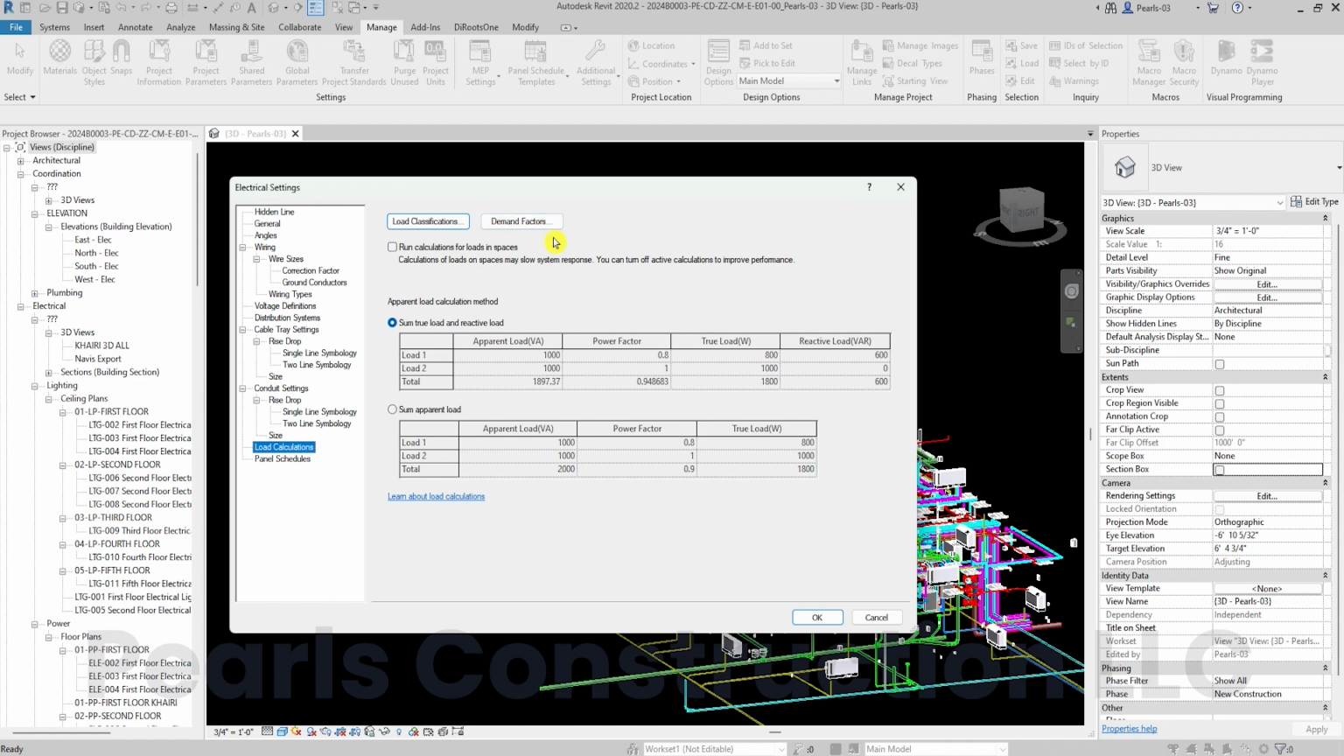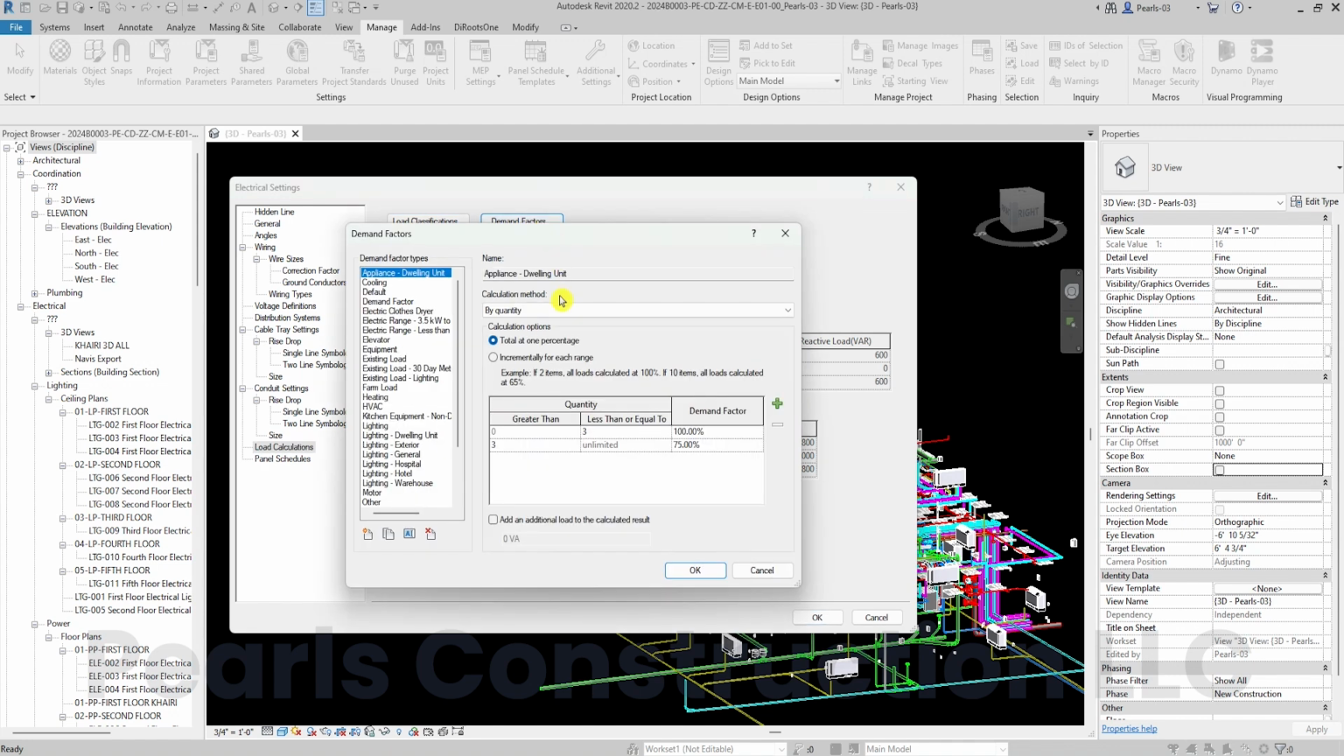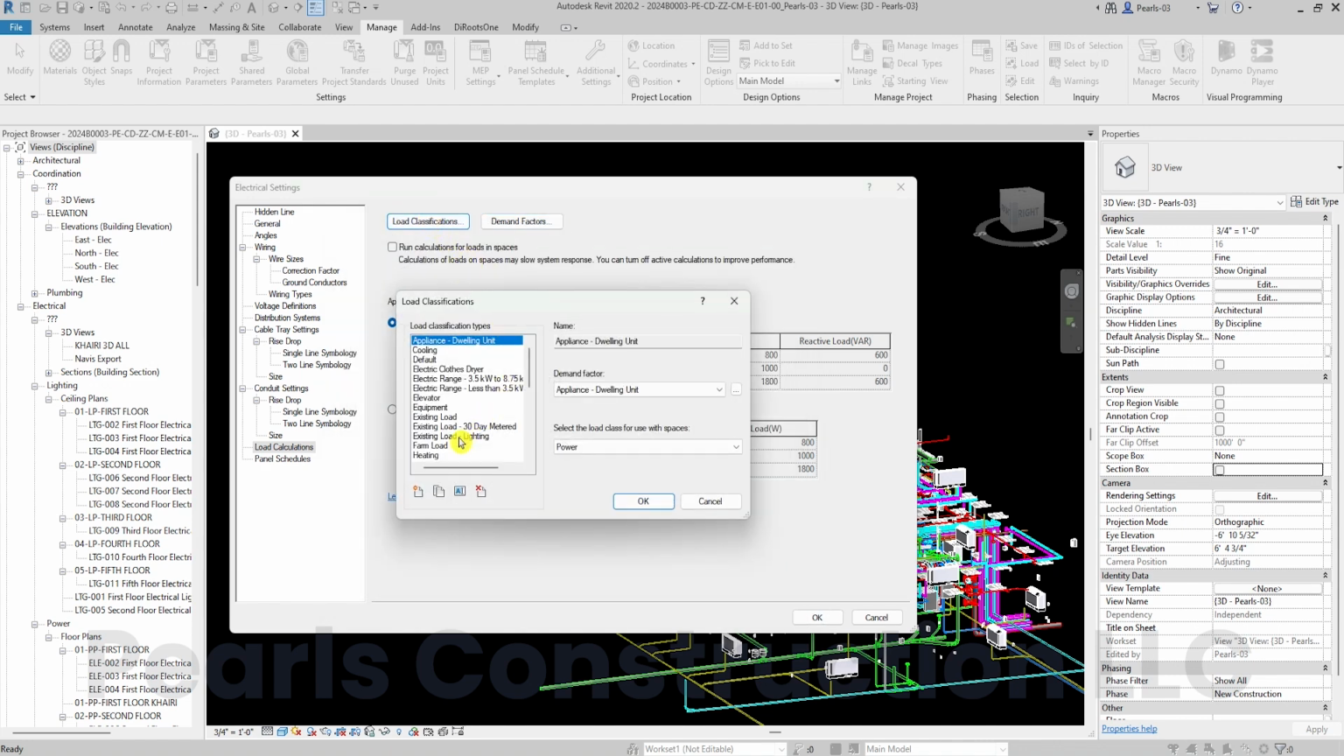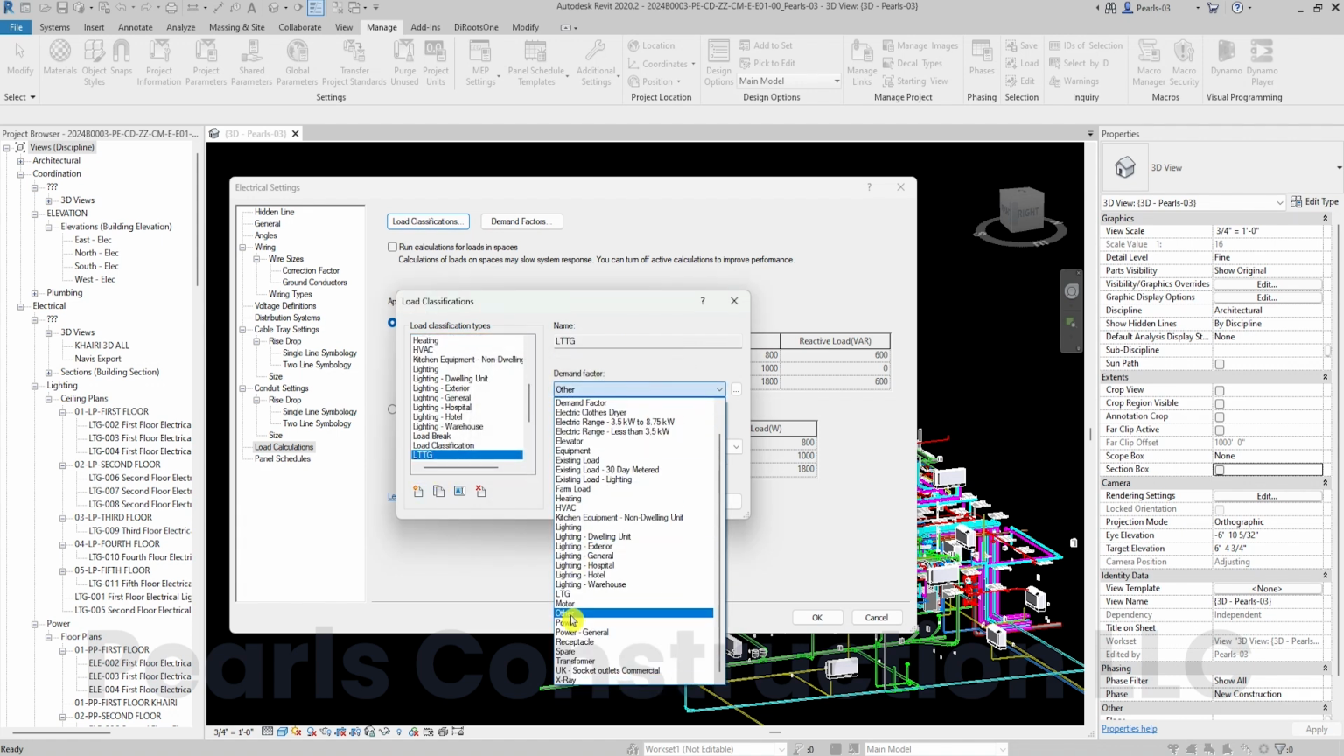To configure load classifications, the first step is to create the appropriate demand factors based on the type of loads in the project. Once the demand factors are defined, you can access the load classification settings to create load types and assign the corresponding demand loads. This process ensures that electrical loads are accurately categorized and calculated, supporting efficient system design and